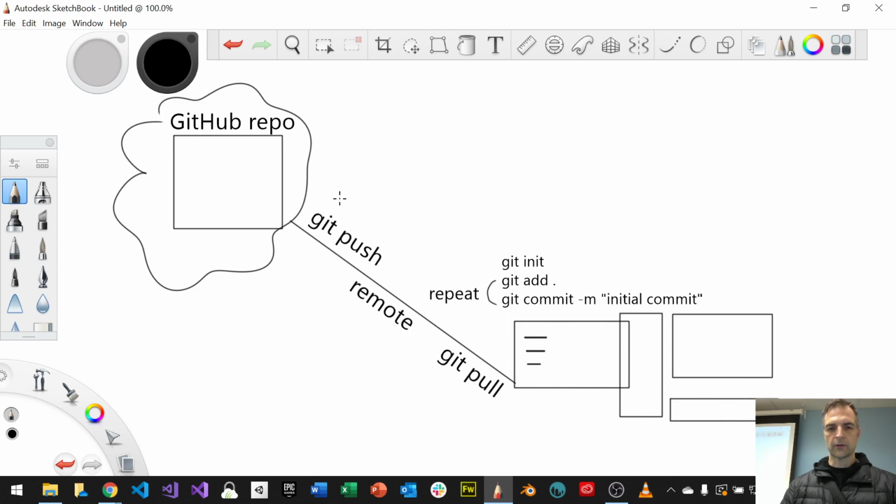is really this. So if I'm pushing to GitHub, I'm going in this direction, and again, forgive my ugly arrows. And when I'm pulling from GitHub, then I'm going in this direction, which is down towards your machine. So that's really how it works. Git push goes up here, git pull goes down here. And what happens is,